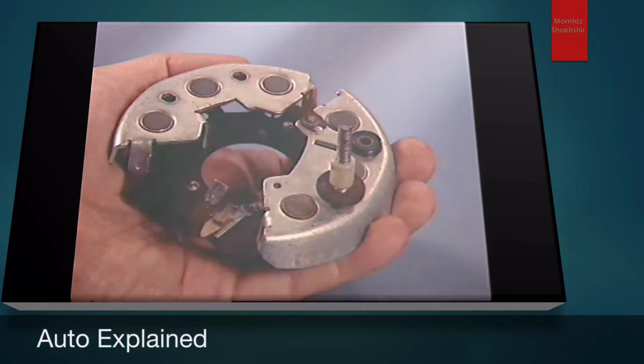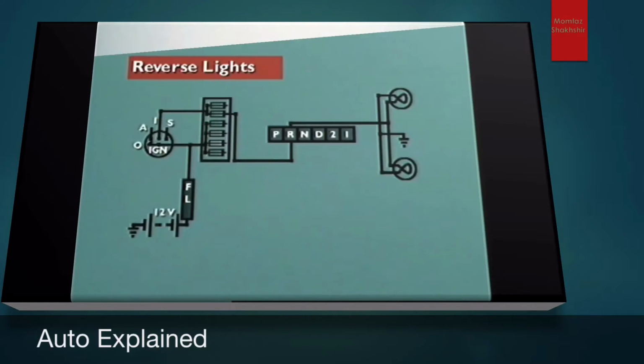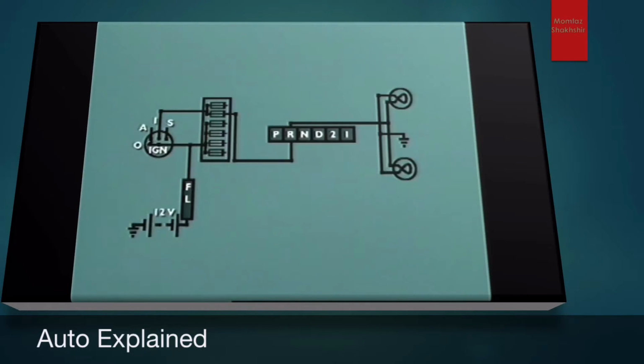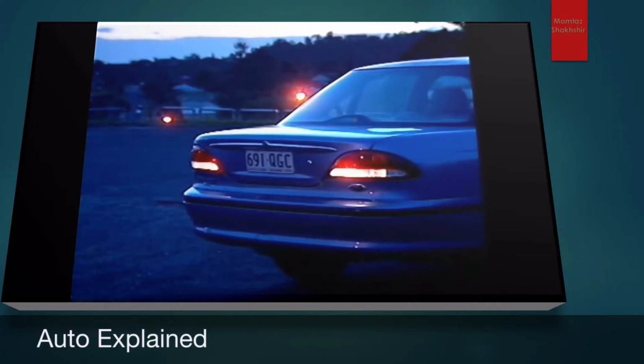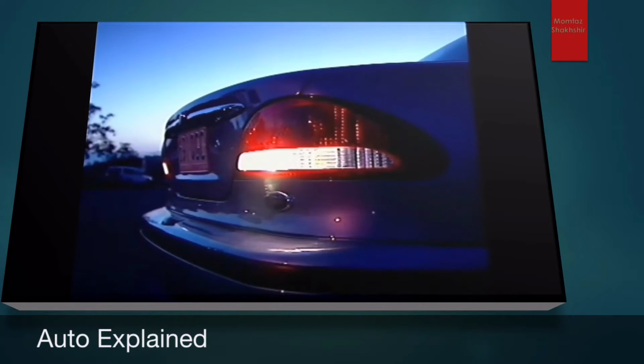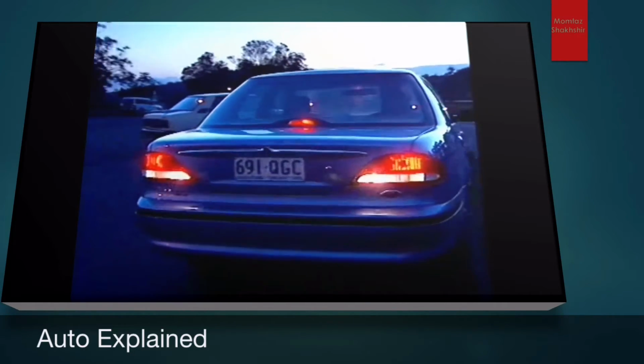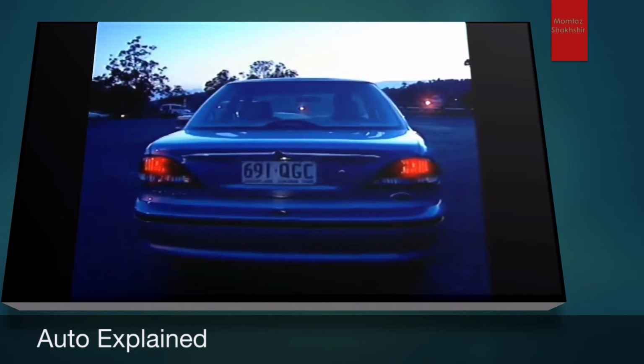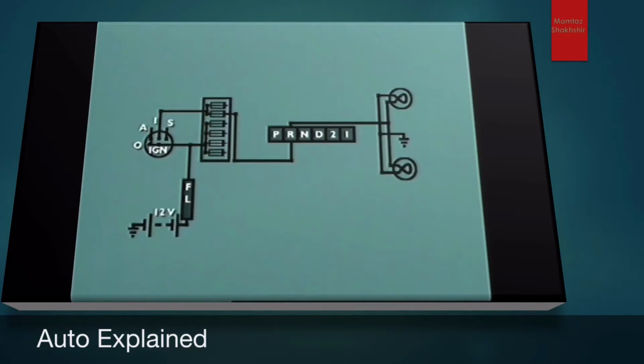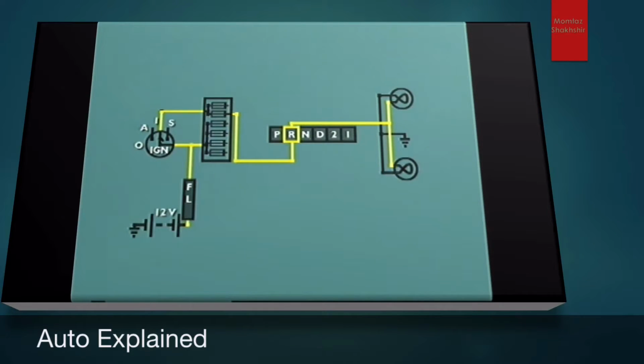This section examines the reversing light circuit. The reversing lights are white lights fitted to the rear of a vehicle. They provide the driver with vision behind the vehicle at night and also alert other drivers to the fact that the vehicle is to be reversed. The circuit consists of the battery, fusible links and fuses, the ignition switch, the reversing light switch on the transmission, reversing light filaments, wiring to connect the components, and the ground circuit to allow current to return to the battery